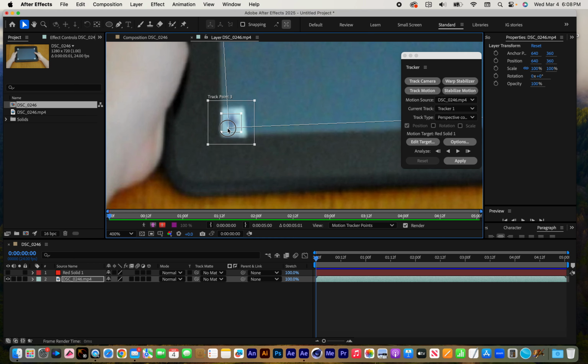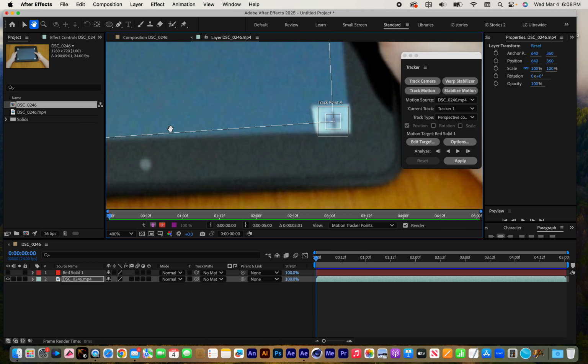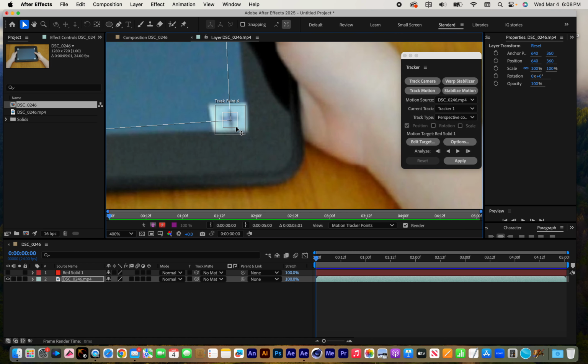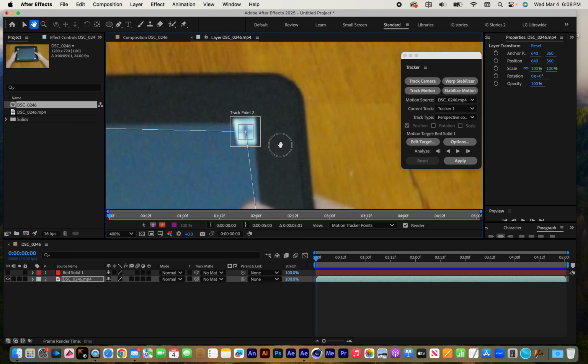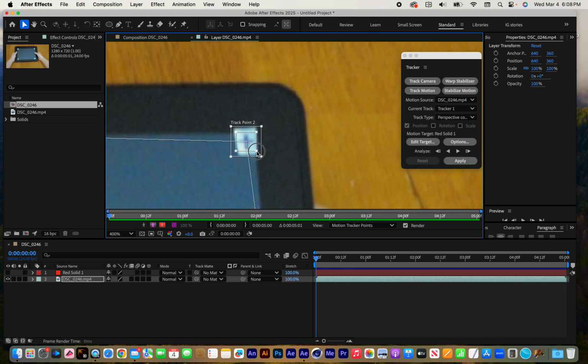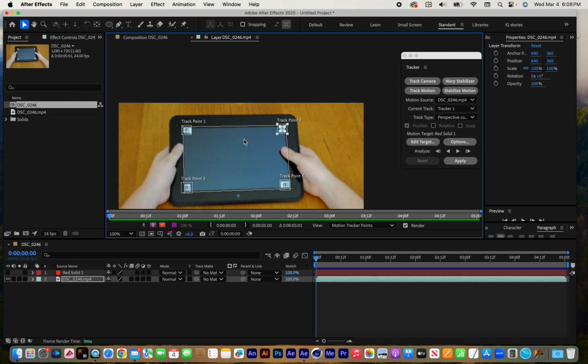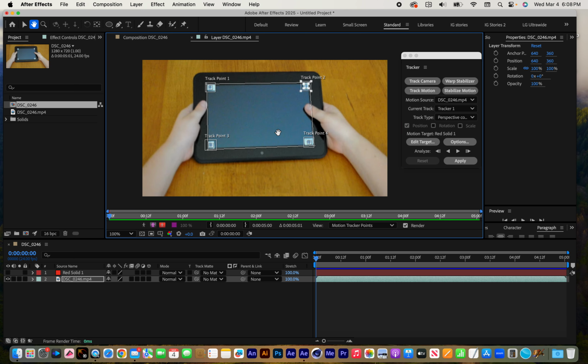You know, sometimes a little tricky to click on these things, but if you zoom in close and take a look, you should be able to. Now remember, you can hold the space bar down to access the hand tool, so you don't have to change tools in the toolbar to recenter your viewer window. And I'll just finish setting this up here. Now again, this is a fairly easy example. There's nothing that's going to move in front of the screen or anything like that. So once I've set it up,